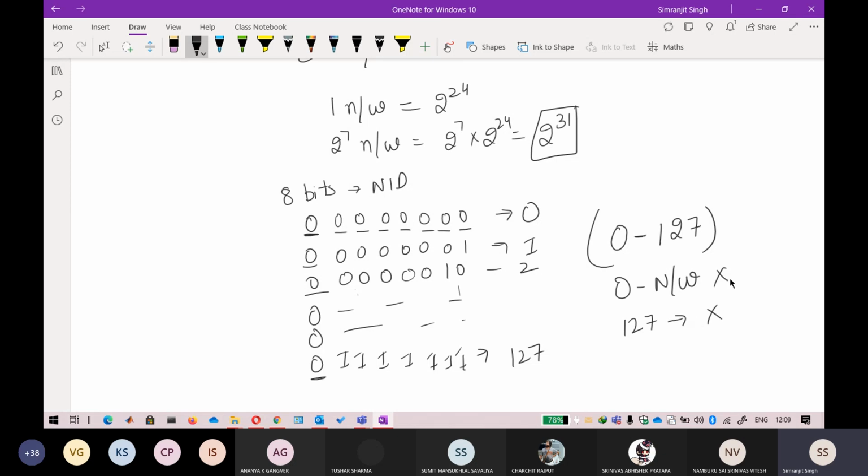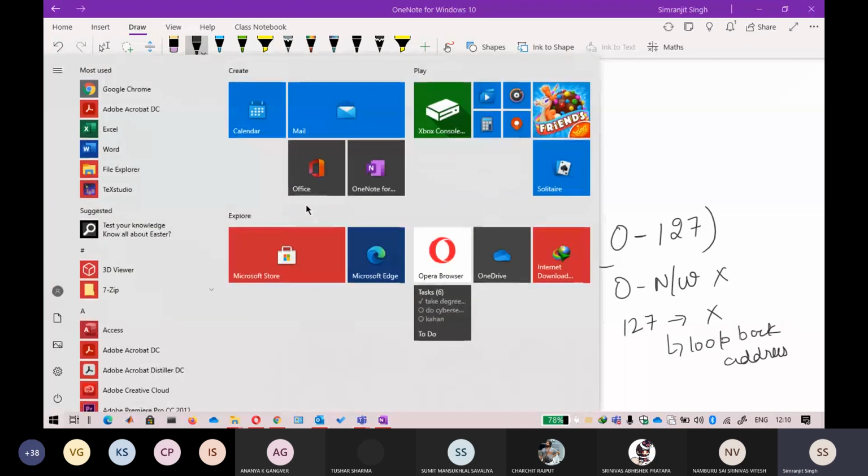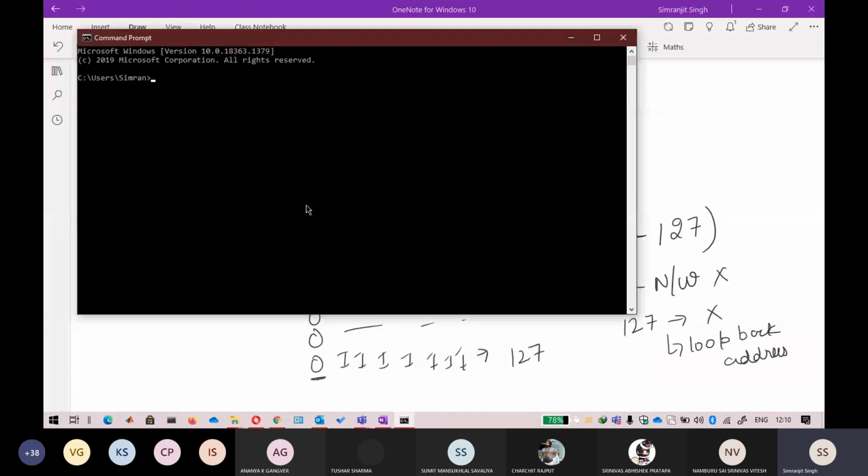This 127 address is reserved for something called the loopback address. Loopback address means when you want to check whether your PC is working correctly, or your network interface is working correctly or not, you will use this. I'll show you. You go to your CMD, you can ping the loopback. What is loopback? 127.0.0.1. If you're seeing a reply here,